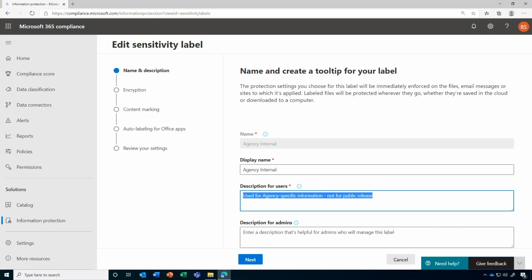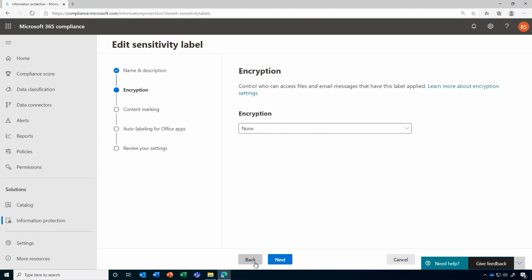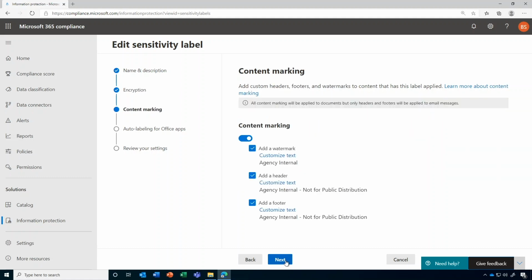This is the pop-up tooltip that we saw with all of the labels, as well as a description that you can use internally for your administrators to keep track of the different labels and their use. I then have an option with each label whether or not we want to set encryption on the document when that label is applied. So in this case, we have not applied encryption,